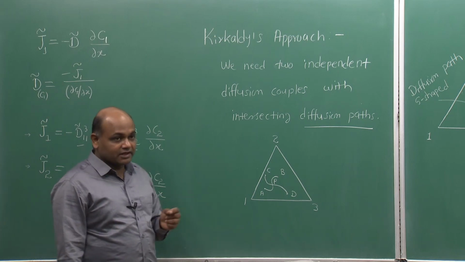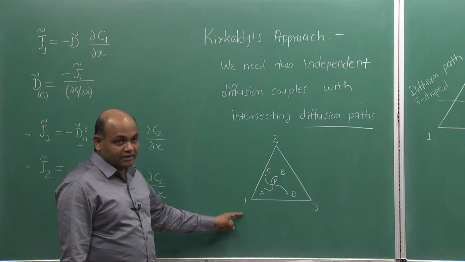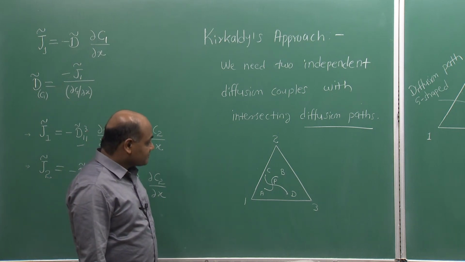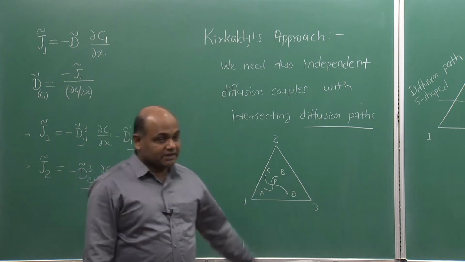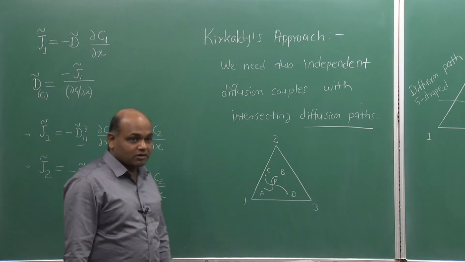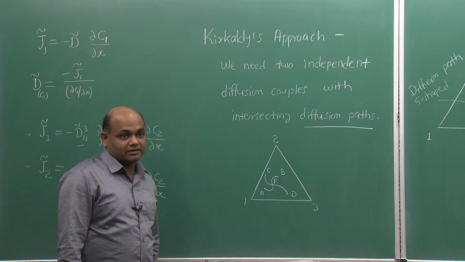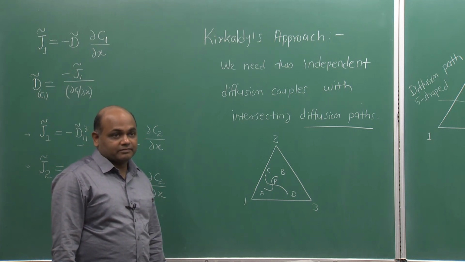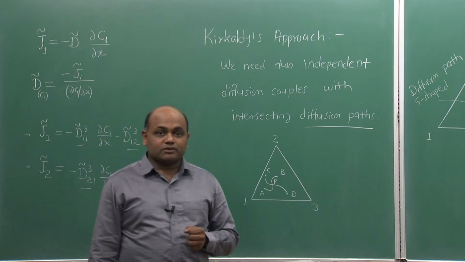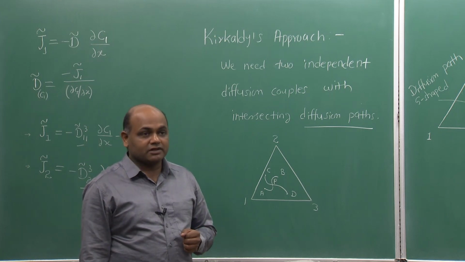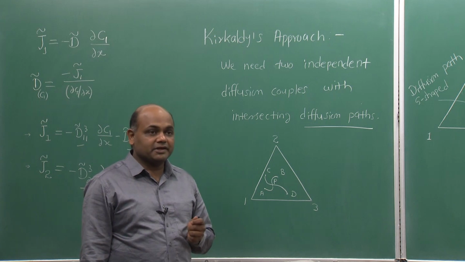However, recently there has been one approach proposed that I will discuss next, but so far it was not possible, and so in principle this method can be extended to n component system, but practically it had not been possible so far. But recently John Morrell has proposed an approach called body diagonal diffusion couples, which we can use in limited cases